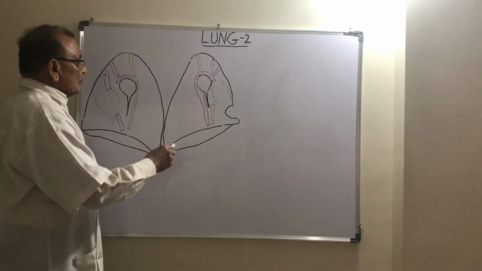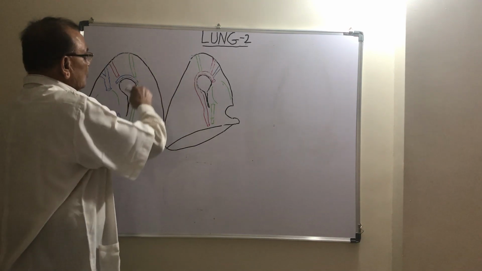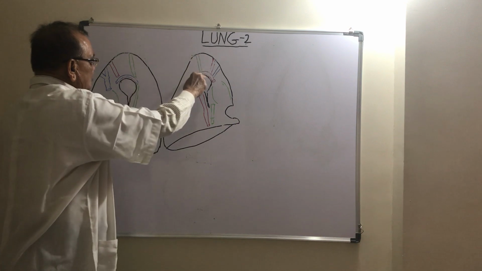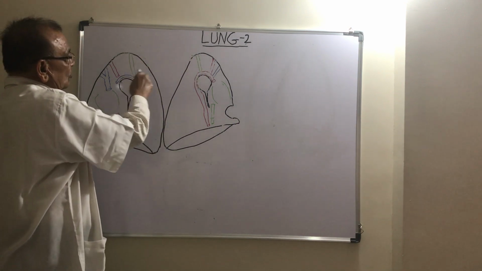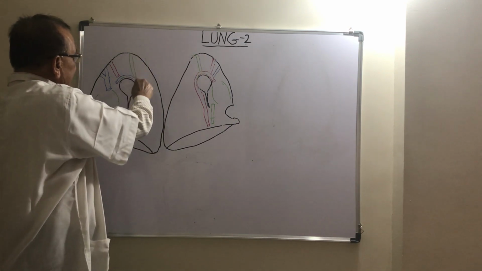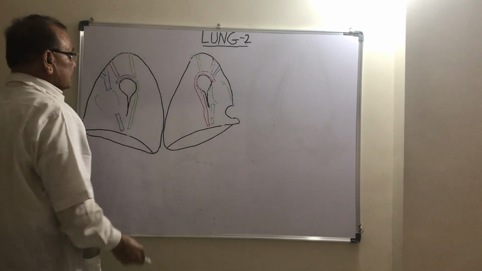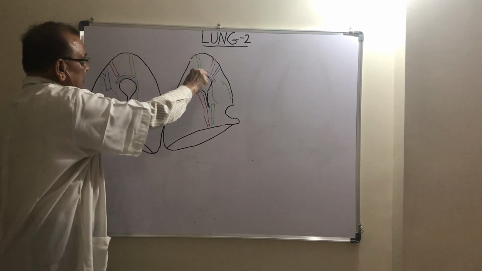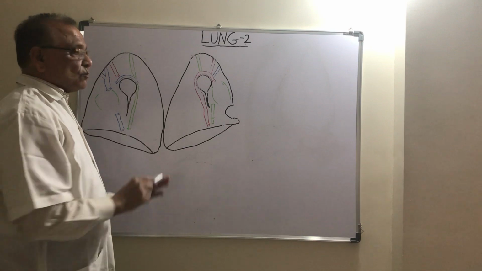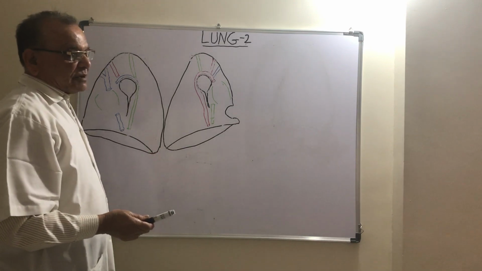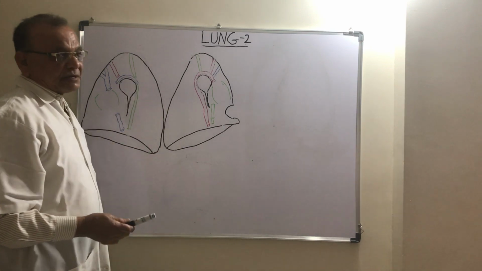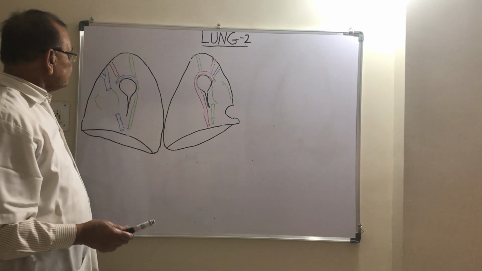Now, in both lungs, from the apex to the arch groove, on the right side it is related to the right margin of the esophagus, and on the left side related to the left margin of the esophagus, but on both lungs, this right or left margin of the esophagus does not produce any groove.